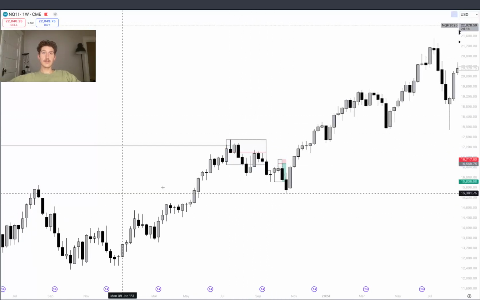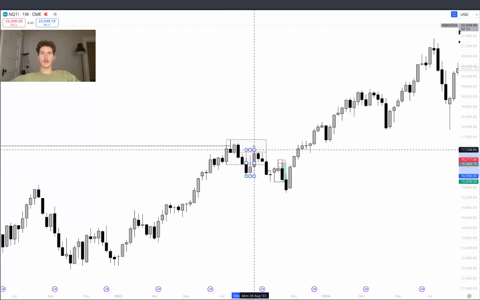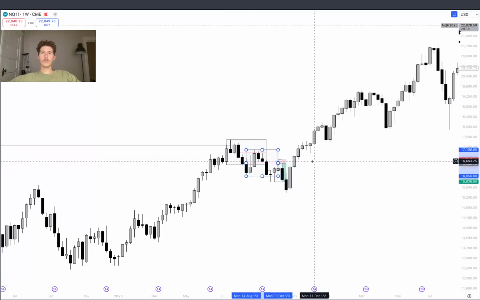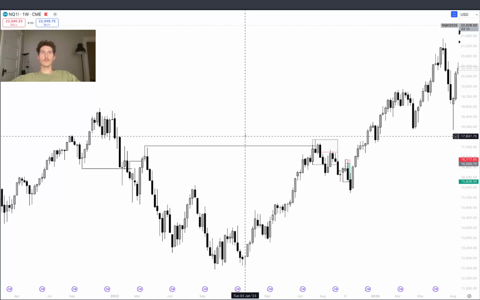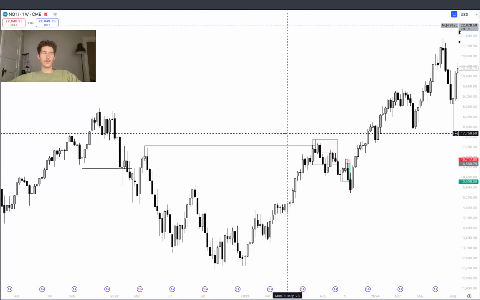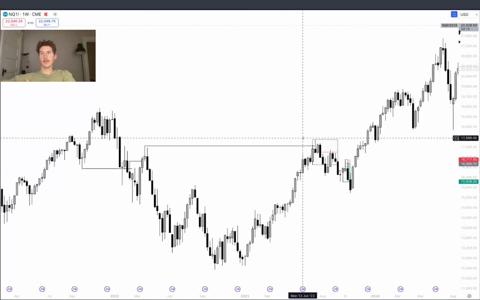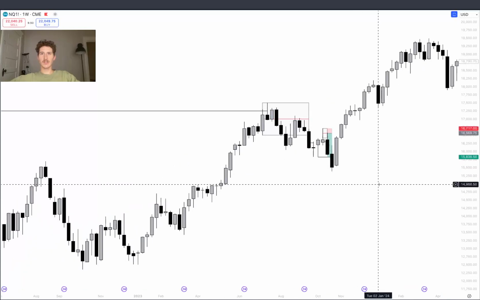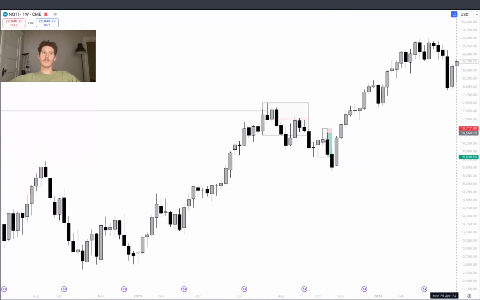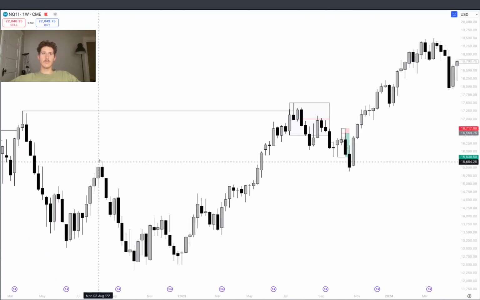And then the swing down on the daily was right here. So essentially, we have reasoning for why we would want to take shorts on a larger scale. And it's not rocket science to see that. Honestly, the second short is a little bit iffier, but the first short is really nice because right here